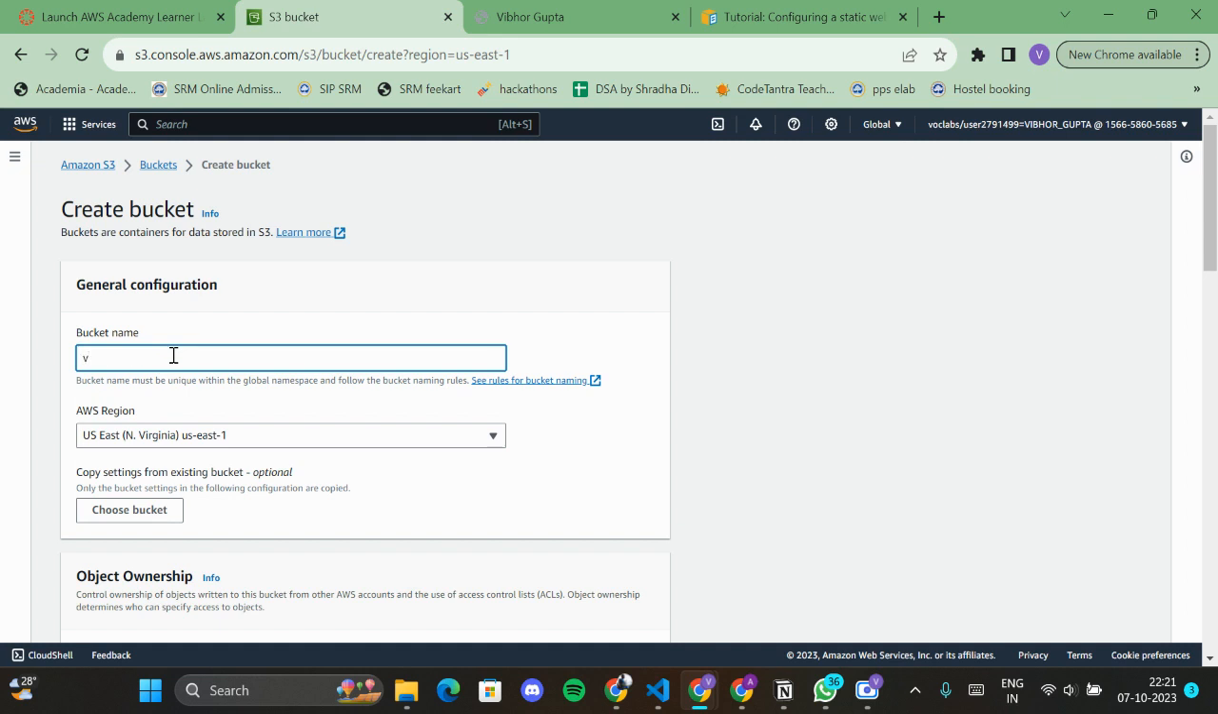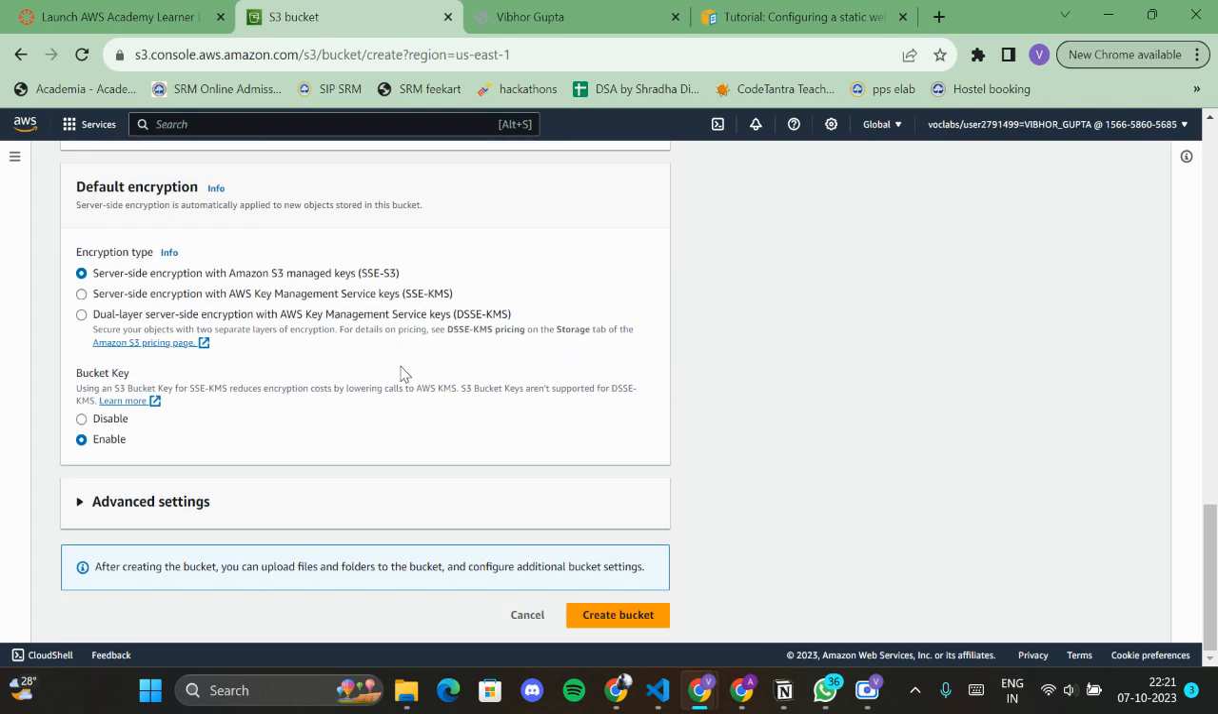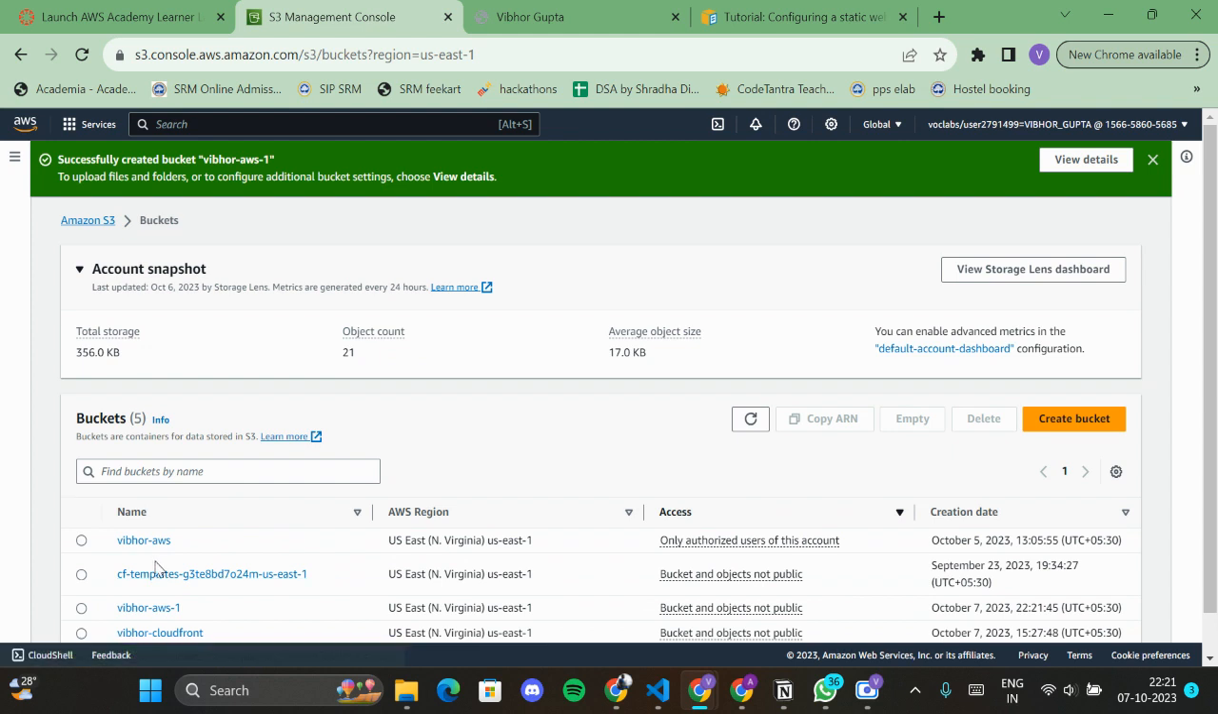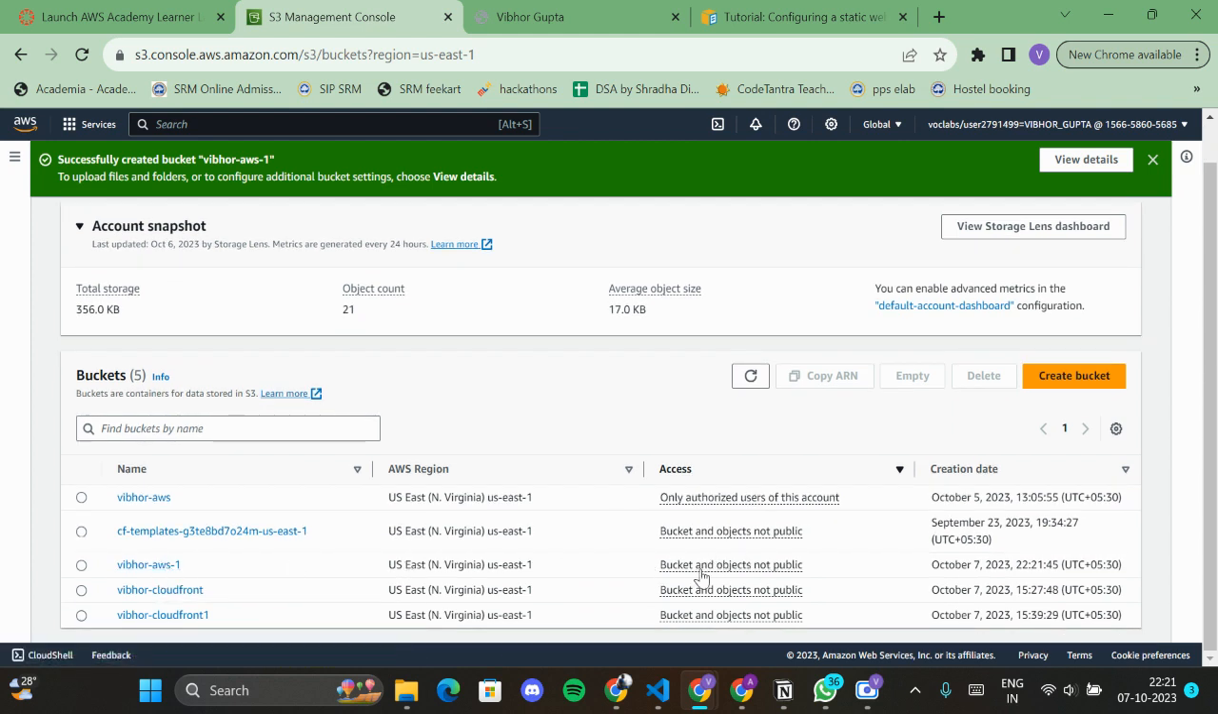So I'm naming my bucket this. We can also select the AWS region, and the rest of the settings we'll keep default, and then we'll create a bucket. So here I have created a sample bucket. As you can see, it's not public. So